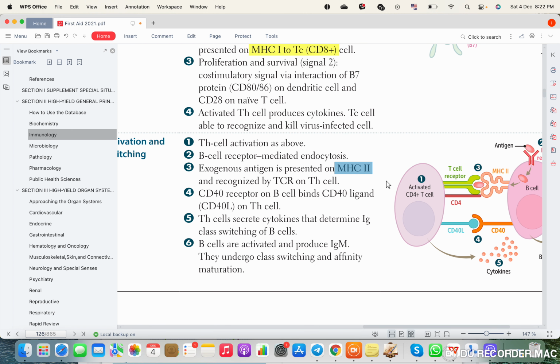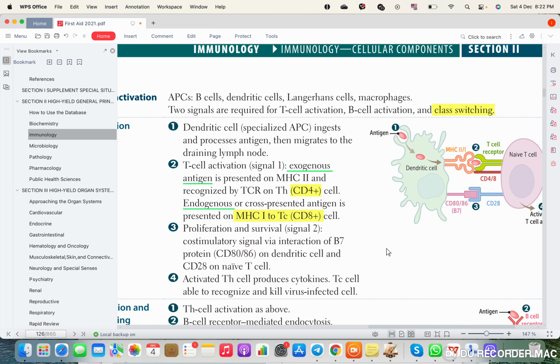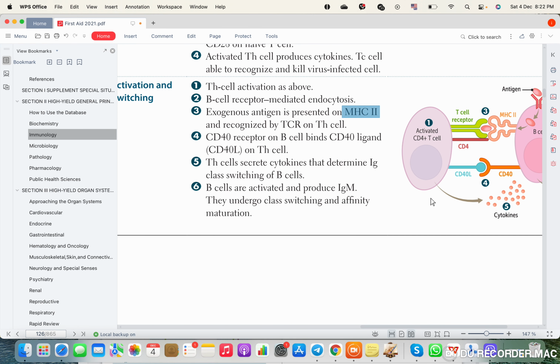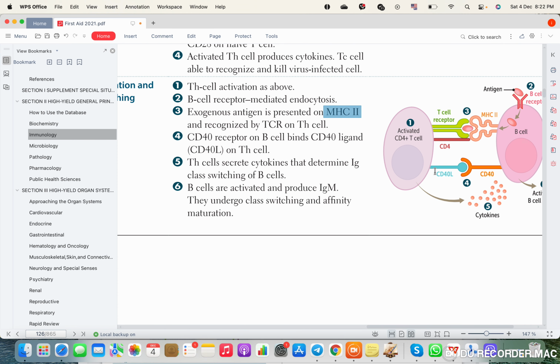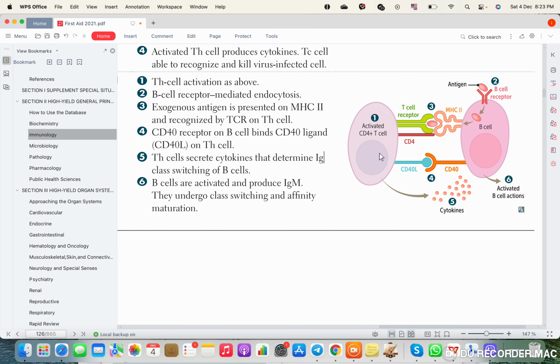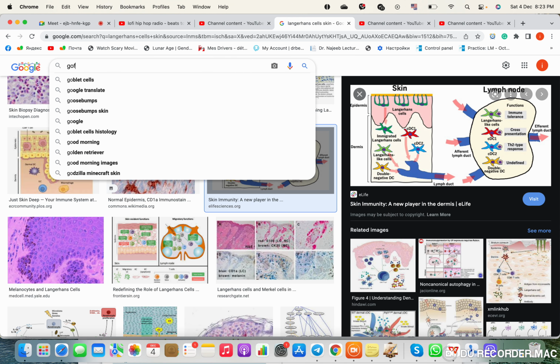So then you will have, again, co-stimulatory signals. In case of the T cell, it was the B7 and the CD28. Now it's the CD40 and the CD40 ligand, okay? So it's the CD40 receptor on the B cell and the ligand. And yeah, this is bad actually, but you must know that the ligand is located on the CD4. Remember, guys, when I told you that the CD4 is basically the godfather? So the godfather,